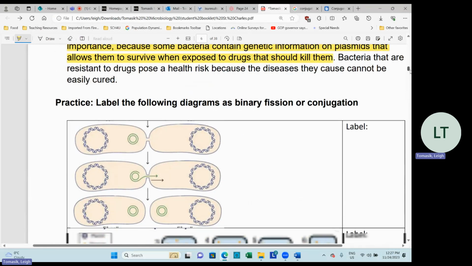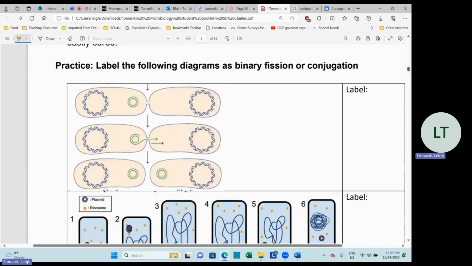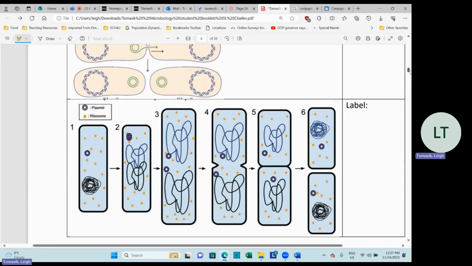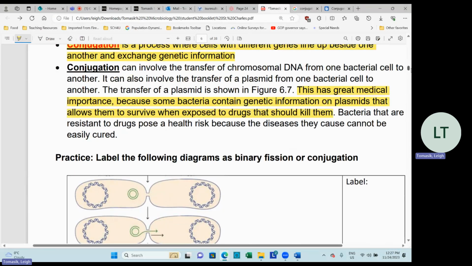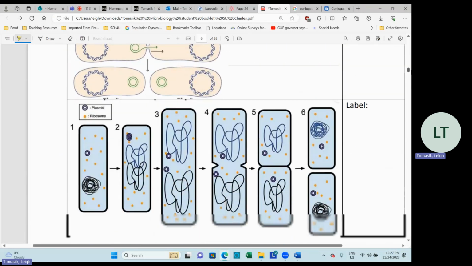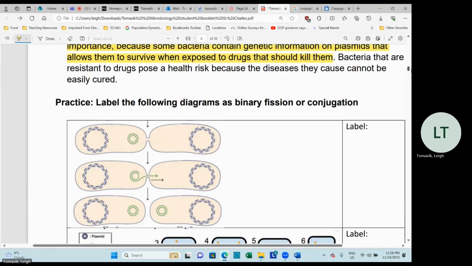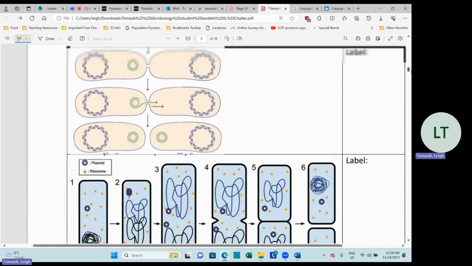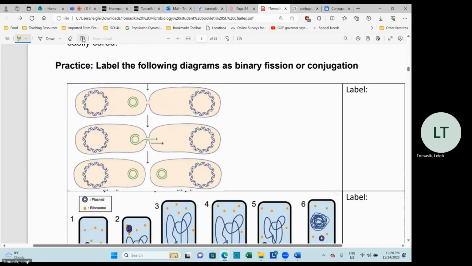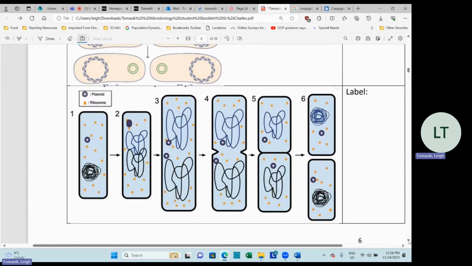So here we have two diagrams, okay? And one shows binary fission and one shows conjugation. So you take a look at both of these diagrams, okay? And you decide which one is binary fission, which one is conjugation. So the top one is binary fission. Binary fission, because you can see the two are lined up and one is passing genetic information to the other one. And you can see the bottom one